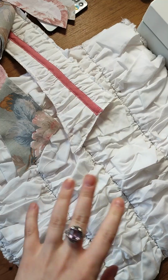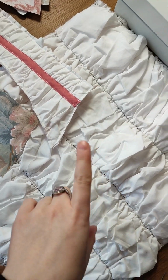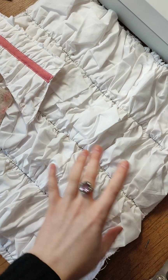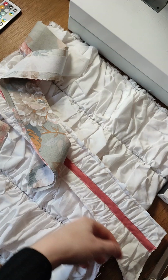I'm about to sew a fun collar onto this shirt in case you want to join me. If you followed along for the sewing of those pants that I'm actually basing this blouse off of, you will maybe remember me making this piece of fabric and then never actually using it because it was too bulky for the pants. I wanted to use parts of this fabric for the collar, so what I did is I cut